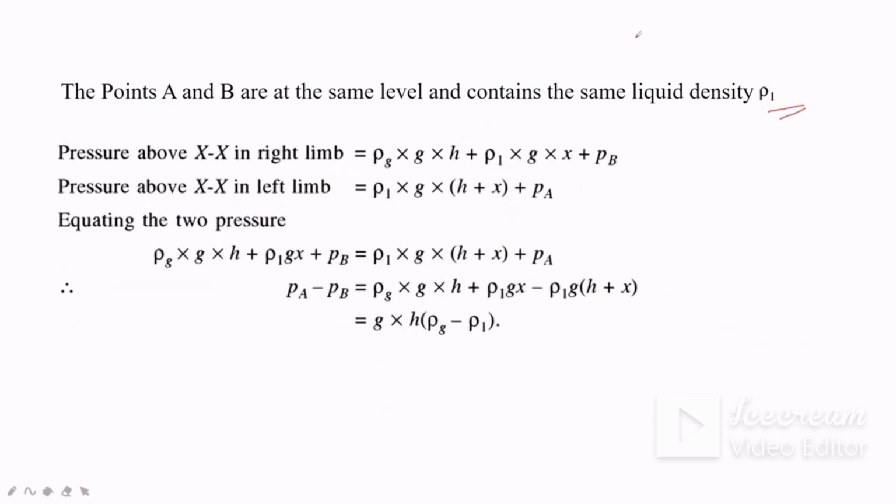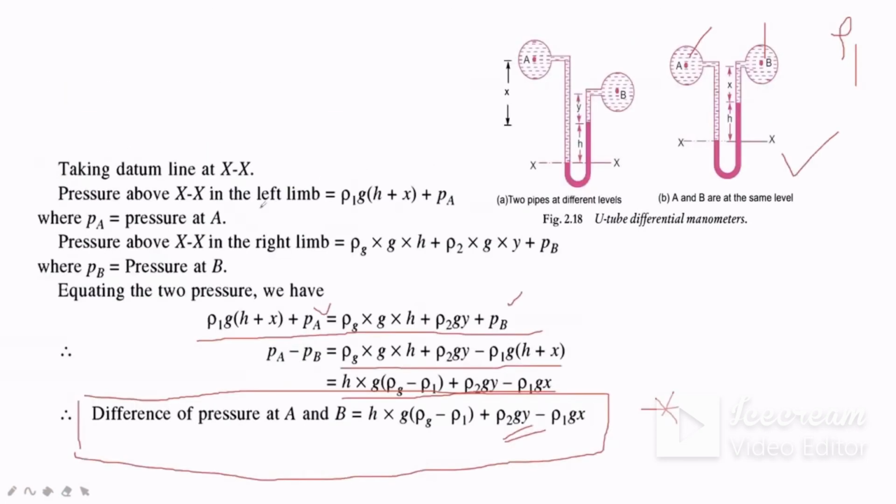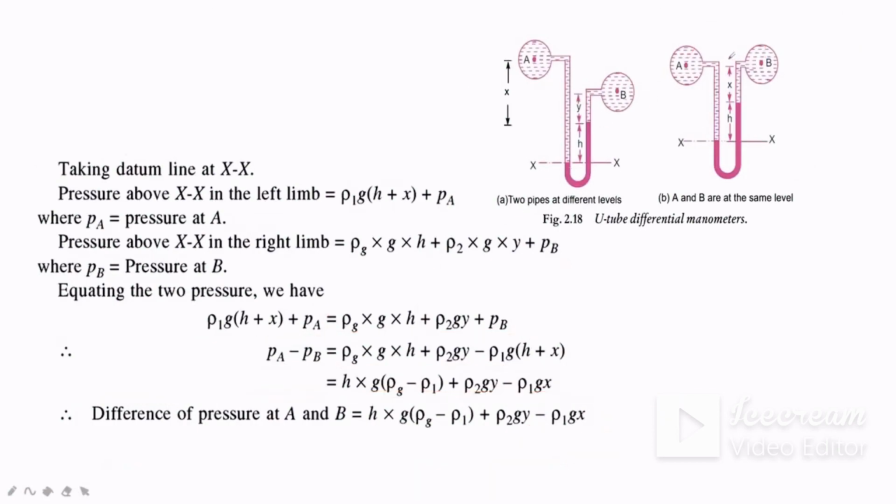Then what happens? Pressure above the x-axis in the right limb will be, I'll show here first, in the last slide. I'll clear them. See here, the pressure in the left limb and right limb we have to consider. After considering, we are equating them. So we will take the pressure in the right limb because it is complicated, no? So the pressure in the right limb we will take above the x-axis, right? So I'm doing it from the mouse now. It is disturbing. Okay. Now in this, first we shall consider the pressure in the right limb.